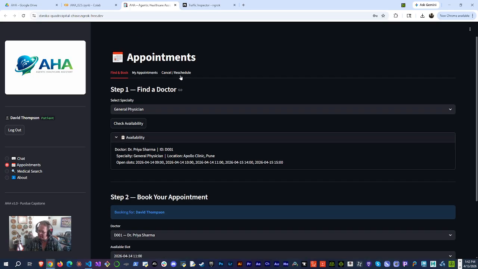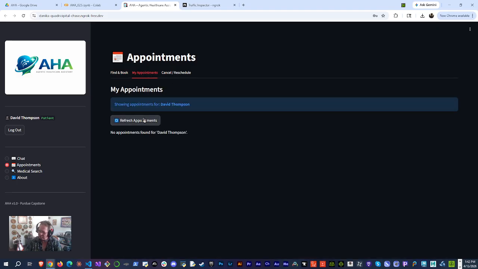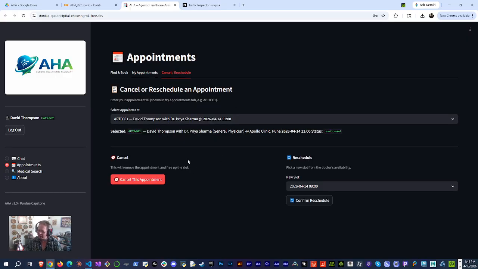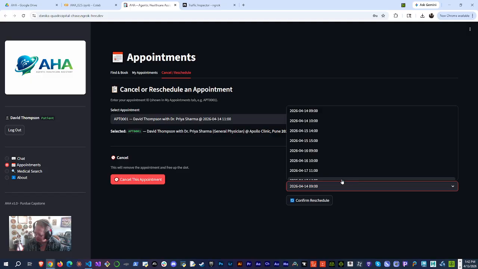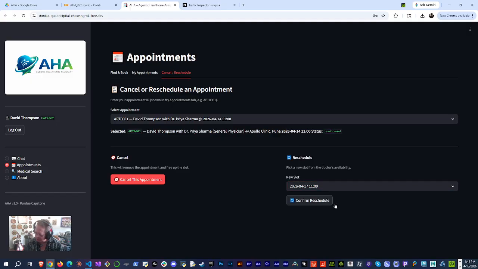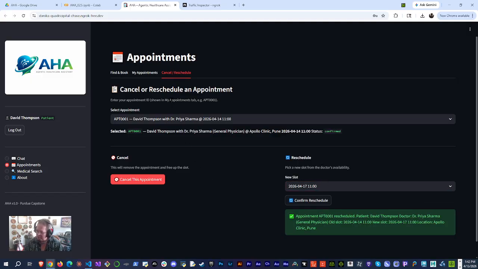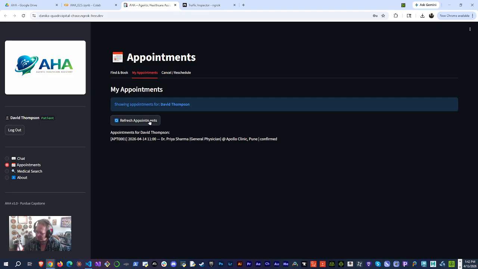If I go to the second tab here and refresh my appointments, you can see it's now there. If I wanted to cancel it or reschedule, I can cancel on this side, or if I wanted to reschedule, I can pick a different time and confirm reschedule. Go back here to my appointments and refresh, and you can see it just changed to the new date and